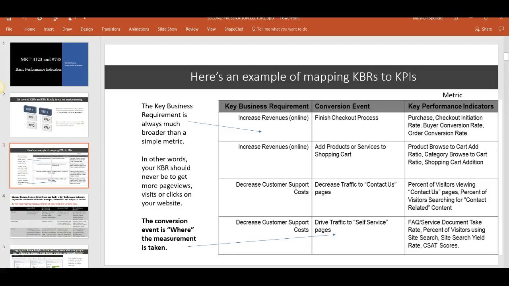And so that key business requirement obviously is broad. Like as I said, in my example, I have a book coming out with Gohar Khan that is Digital Analytics for Marketing, and so I have an idea that I'd like to sell more of those books. And that's going to result obviously at some point in online revenues. It may result in more conference appearances even, or it may result in more articles.